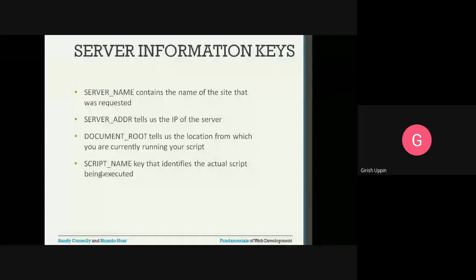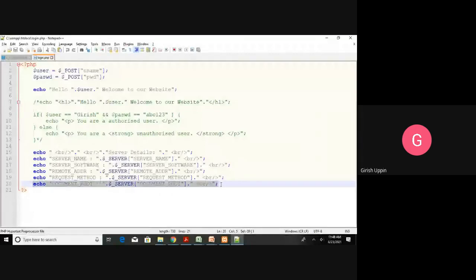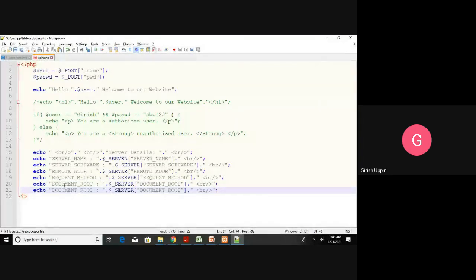Then SCRIPT_NAME, the key that identifies the actual script being executed. So it will give you the script executed. If you want to see that, we will enter that value. I will edit. I will have one more echo. So in this case, you know what is the script name?